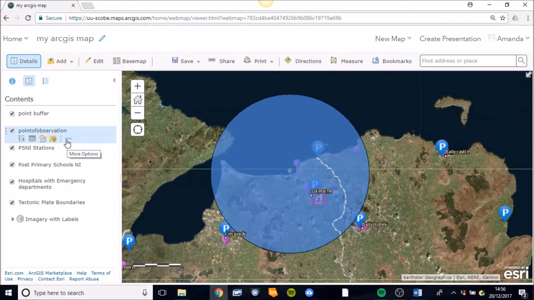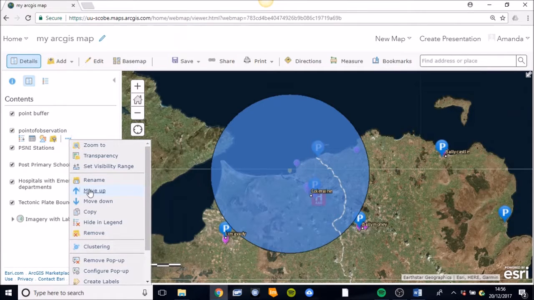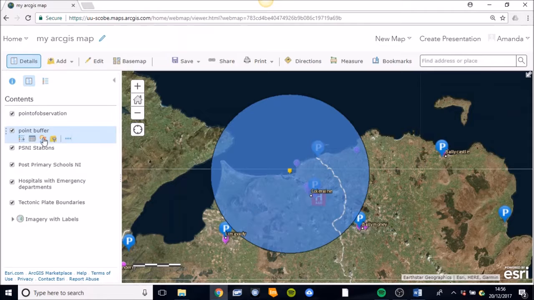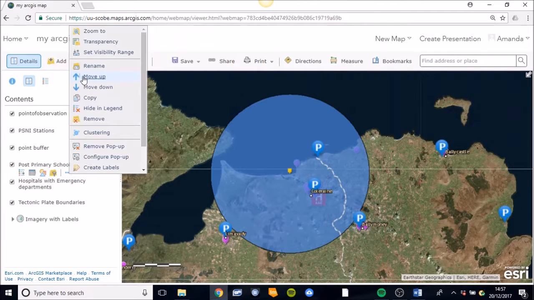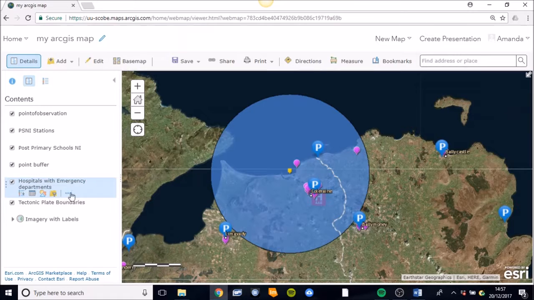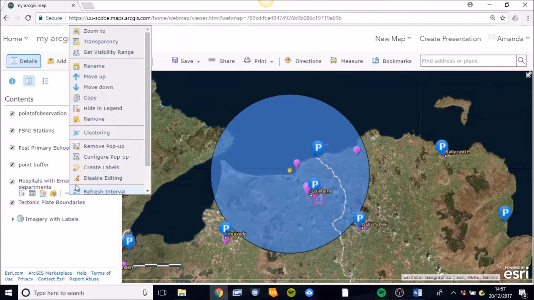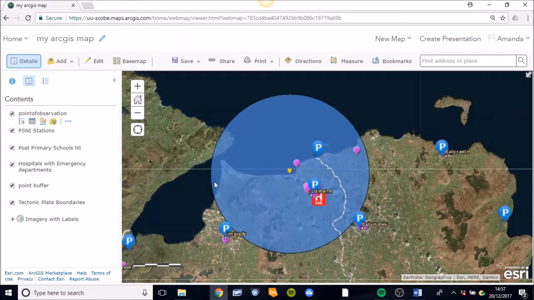So you go to more options and you hit move up, and from moving the observation point above the buffer you can see that it's now more visible. So if you want to go ahead and do the rest of that, just move the police stations up above the buffer, move the post-primary school up above the buffer, just doing the same again, and then move the hospitals up above the buffer. And you will now see that once you've finished that, actually it's more visible to see